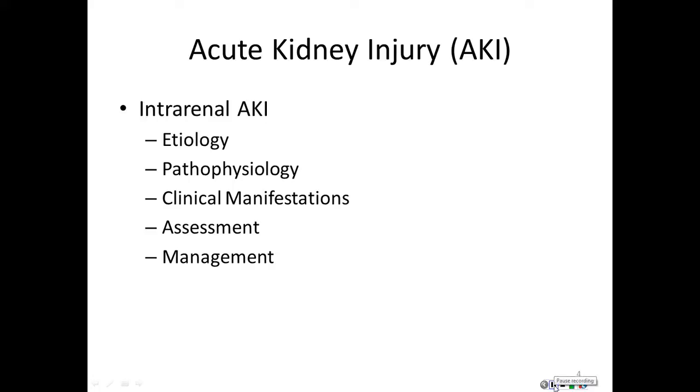Now, as we look at intrarenal acute kidney injury, we're going to look at the etiology, the pathophysiology, clinical manifestations, assessment, and those. But the term intrarenal acute kidney injury is often referred to as oliguric acute kidney injury in the clinical setting. Causes can be infections, whether bacterial, viral, or fungal, and drugs, especially aminoglycosides, certain antibiotics, and NSAIDs can cause those problems. Invading tumors such as lymphomas can cause problems, and leukemia, all can cause acute interstitial nephritis.